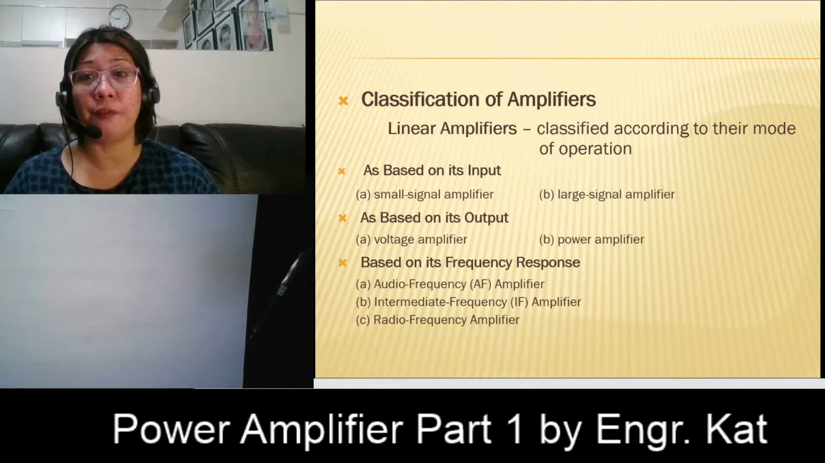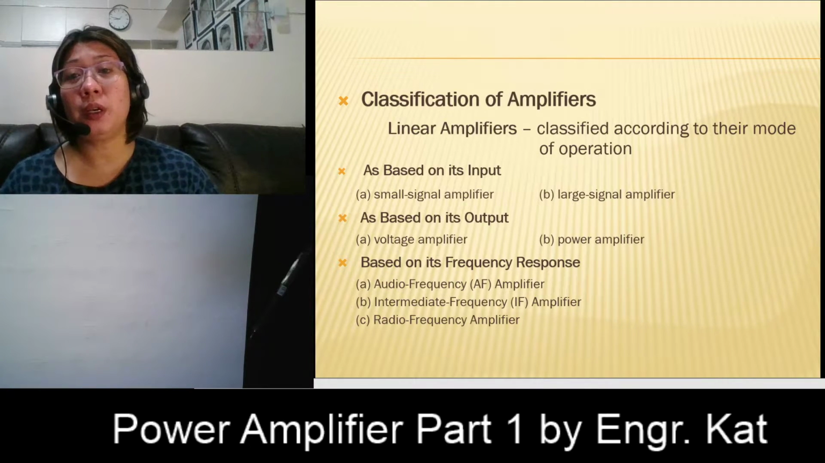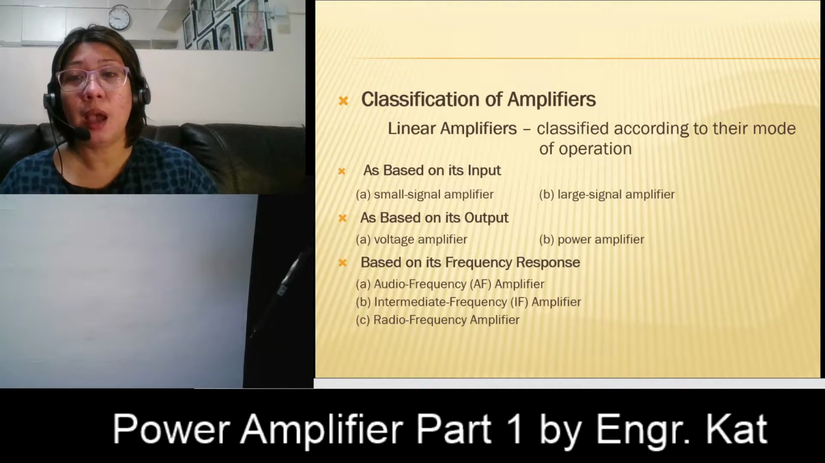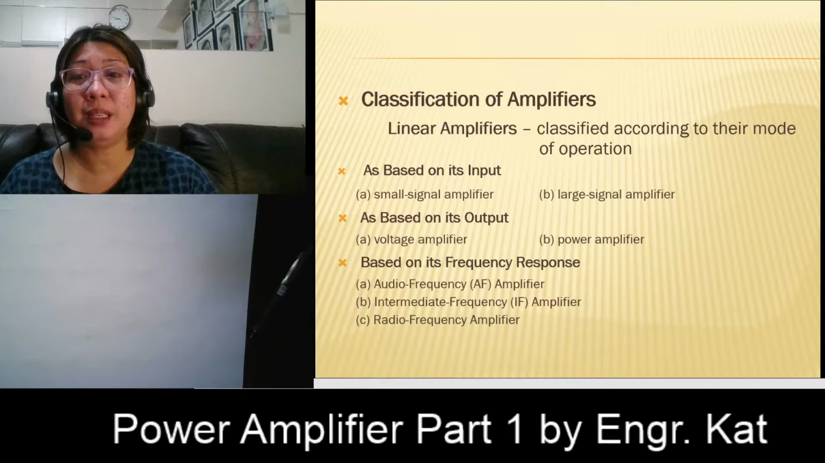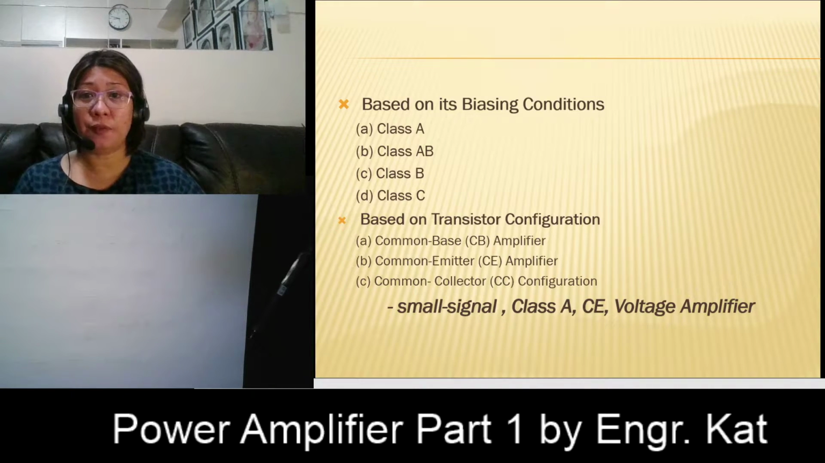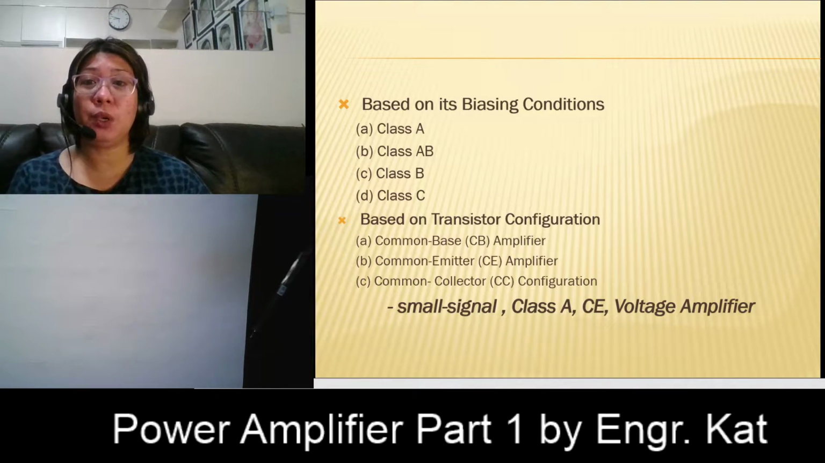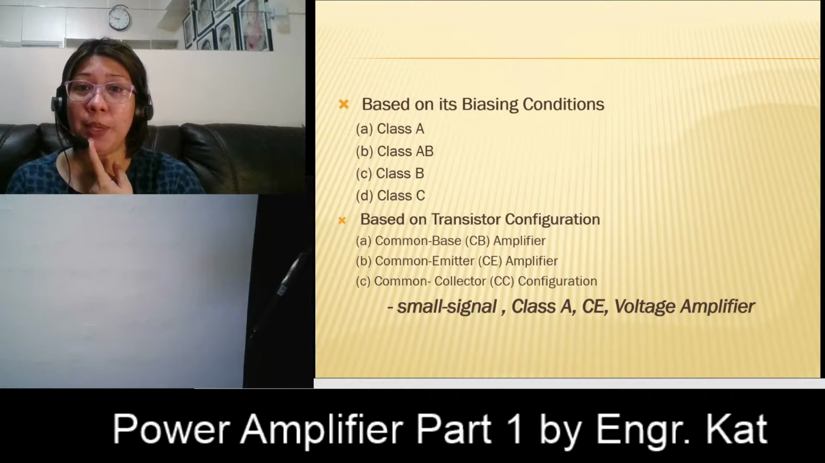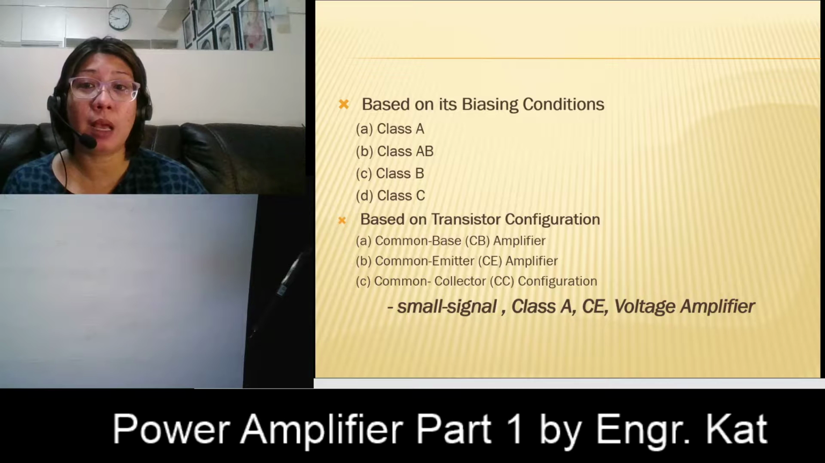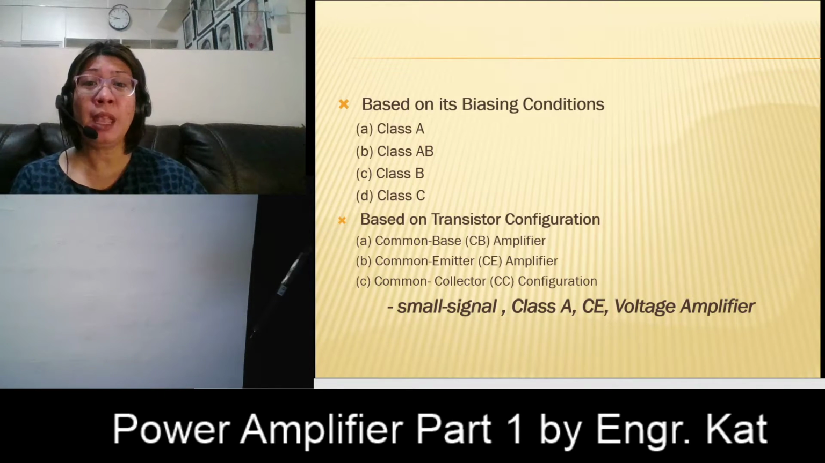Okay, and then of course RF. This is the frequency range that most carriers are under. So we usually define radio frequency amplifiers as those amplifiers capable of amplifying signals with high frequencies. And then we have another classification based on its biasing conditions. This is where your class A, class AB, class B, and class C come into place. We will be dealing with this category in this video. And then of course you already know